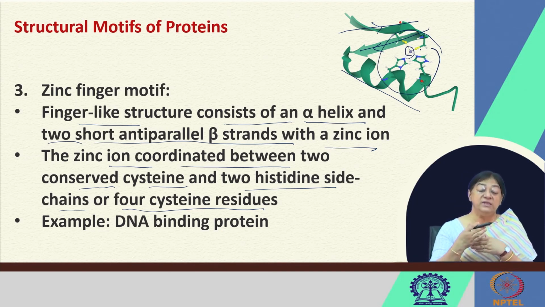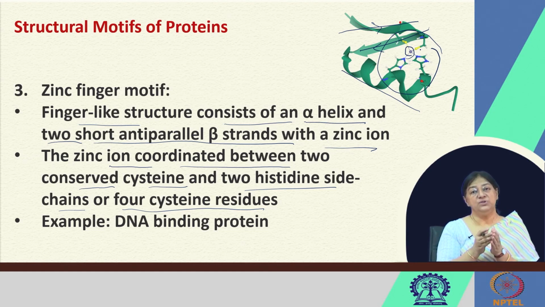So, this specific motif indicates that we have the alpha helix, we have the beta strands containing these particular residues coming together in 3-dimensional space to form this scaffold that is going to hold the zinc in place. So, the folding, as you see, is extremely important because it is bringing the different parts of the polypeptide chain together in 3-dimensional space to form this specific pattern of residues that can hold the zinc ion in